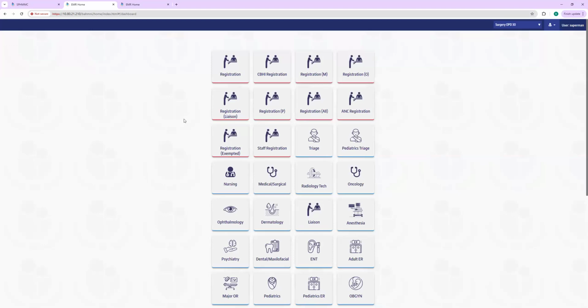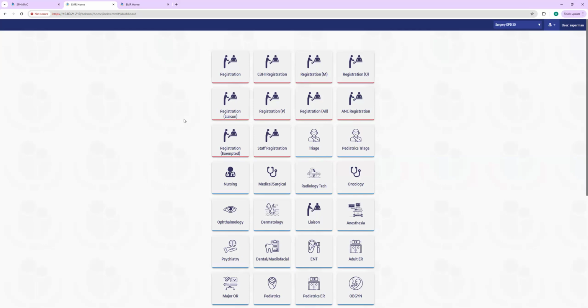Again, this was also need-based since we have multiple doctors working in a single location or in a single OPD. We have made a lot of changes, but in the interest of time, I will not be going through all of them. Honestly, I don't remember all of them because it has been 4 years, and we have made a lot of changes based on requirements that were raised by end users. So I'm just mentioning the major things that we have done that might be of interest to you in your release